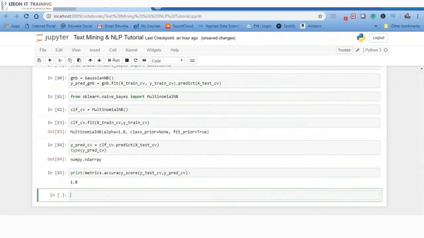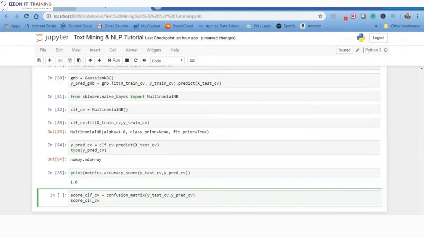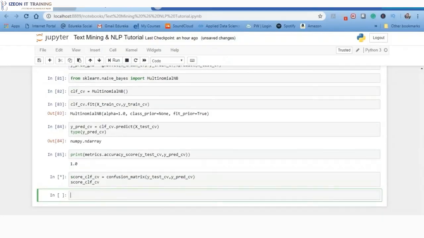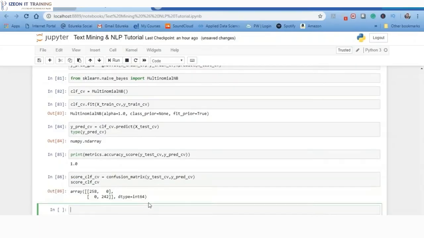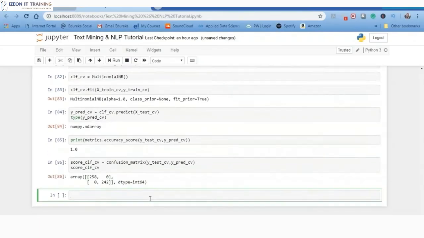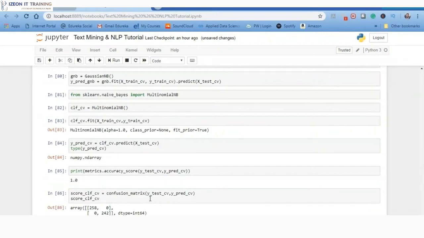Now let's check the accuracy of this particular model. So as you can see here, the accuracy is 1, which is very highly unlikely, but since it has given 1, that means it is overfitting and it is overly accurate. And you can also check the confusion matrix for the same. For that, you need to use the confusion_matrix on these variables, which are y_test and y_predicted. So as you can see here, although it has predicted 100% accuracy, the accuracy is 1. This is very highly unlikely, and you might have got a different output for this one. I've got the output here as 1.0. You might have got an output as 0.6, 0.7, or any number in between 0